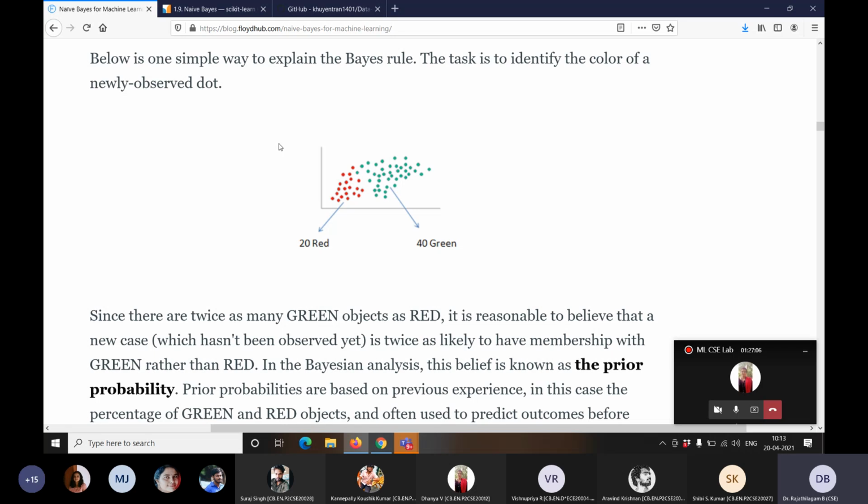So if you bring in an additional data point, what is the chance that it will be red or green? Which has a higher chance? Because there are 40 green points, we can expect that the new one could also be a green point. Only a few red points are there, only half the green points. So the new point has a high chance of being a green point. Looking at the given data set, this understanding is what you call